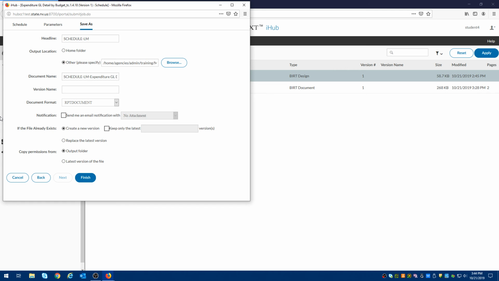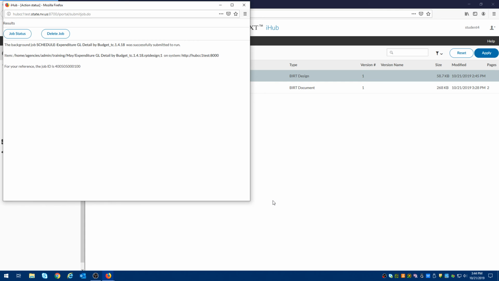So the other section here, if the file already exists, we're usually being asked this every single time. Do we want to create a new version, keep only the latest certain amount of versions, or replace the latest version? For this exercise, what we're going to do is choose to replace it, and then copy permissions from output folder or latest version. We're just going to leave it on the default output folder and hit the finish button. So now,